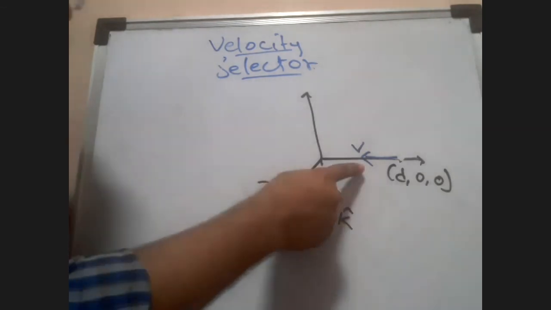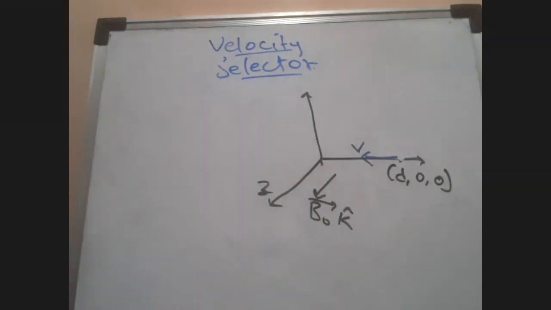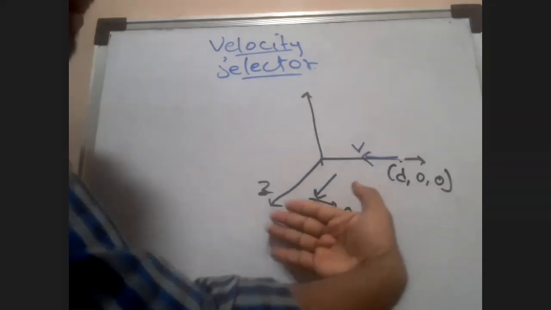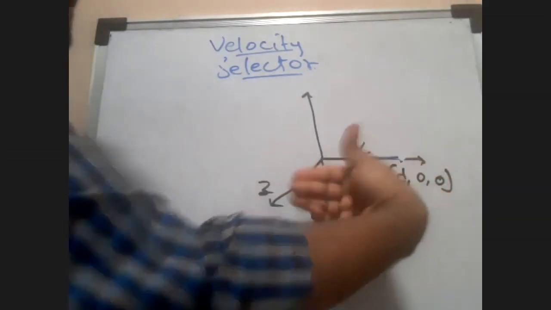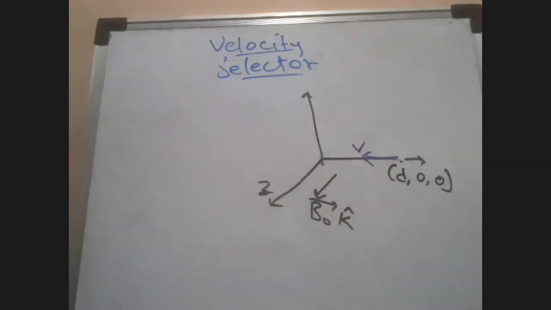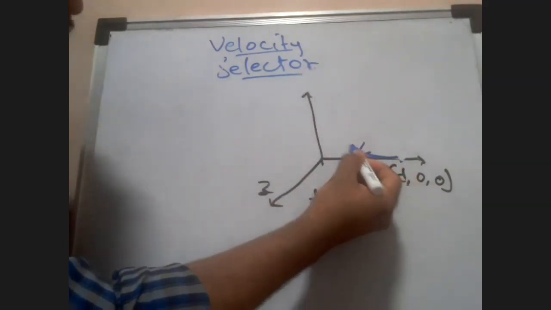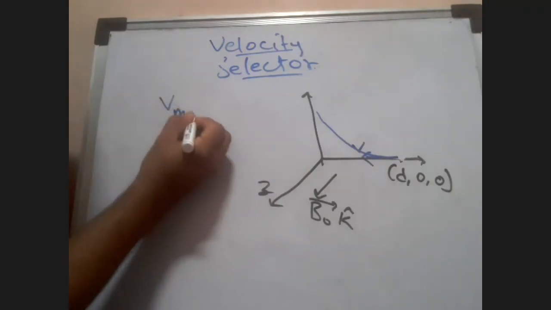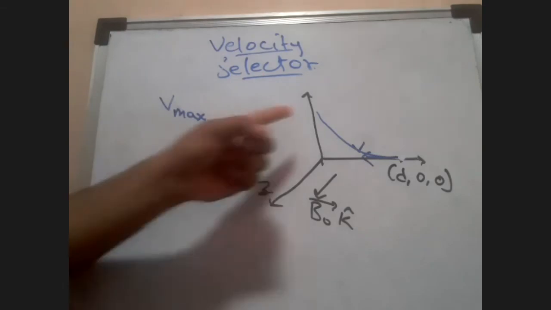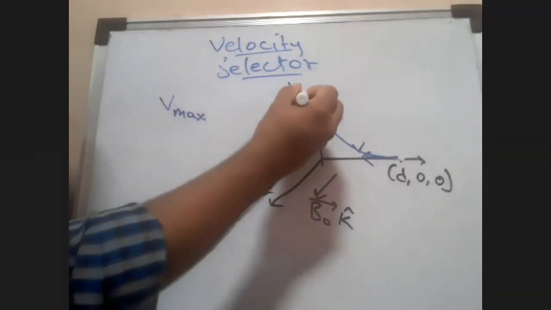At that point of time, what will be the force on this charge q? Fast, quick. You're telling me in the y-axis. So let's apply v cross b. Put your fingers in the direction of v and curl it towards the magnetic field. That way you will get the force to be upwards. So you can imagine the deflection will be somewhat like this. The question is, at which maximum value of velocity will it not hit? It should not touch this plane.